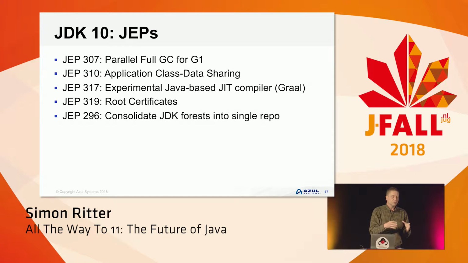One of the things that they found was that the rate at which the G1 collector was generating throughput wasn't as good as the parallel collector, and that was because the full compaction was serial rather than parallel, so they've changed that. Application class data sharing I mentioned briefly as one of the features that was contributed from closed source